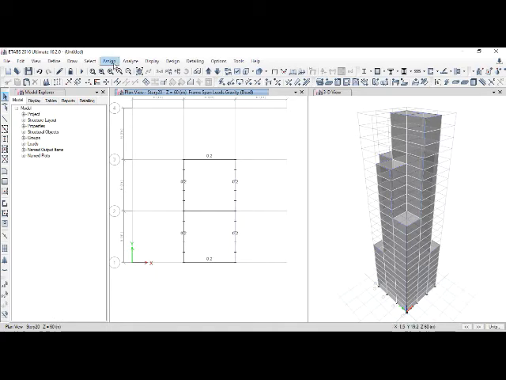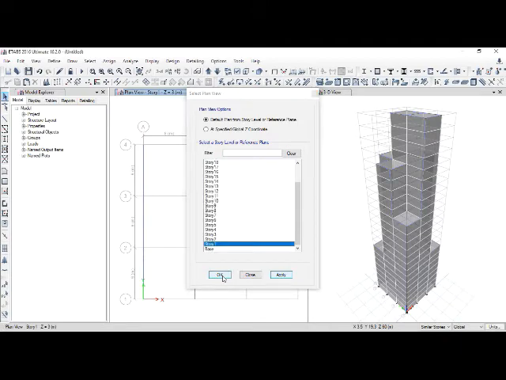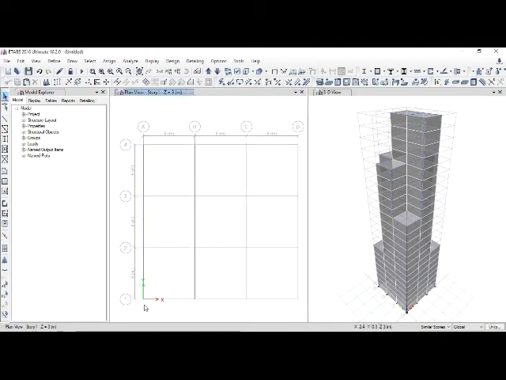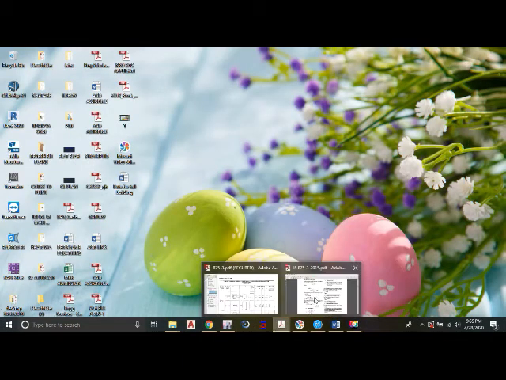I will try to apply the cladding loads, that is the wind load on all faces. For that we need to go to the IS code and then go for the application of loads. So first we'll go to story 1, and now we have to apply on all 4 faces considering the coefficients according to IS 875 part 3, 2015. So we'll go to that.